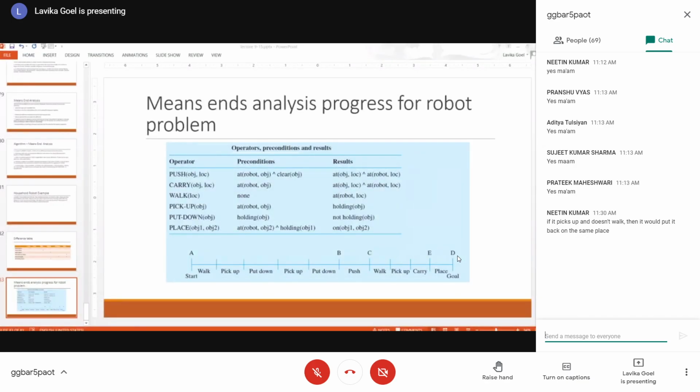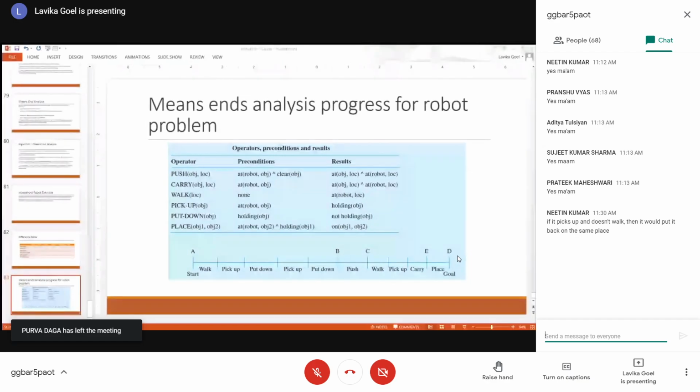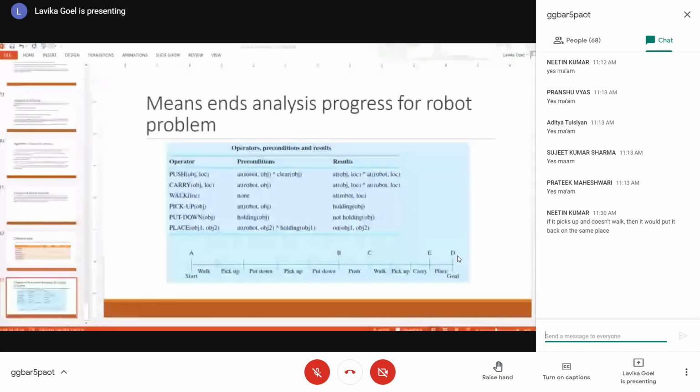Why place and why not the put down operator? Because the place operator is used to place one object over the other. That object could be the table and the other objects are the things. So it is placing both the things on the table. Finally, when it has placed both things on the table, it has reached the goal state D. So this is an important thing here, students: for moving between C state and D state, we are using four operations: walk, pick up, carry, and place. So you are picking up both the things, carrying both the things, and then placing both the things on the table. That is happening over here.